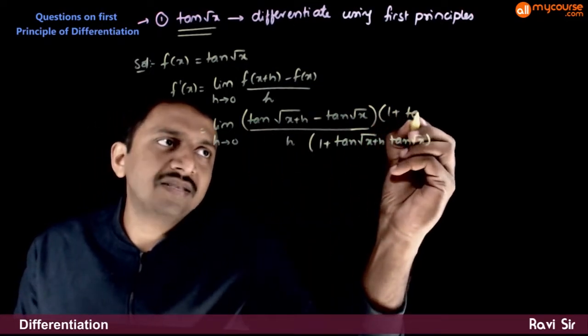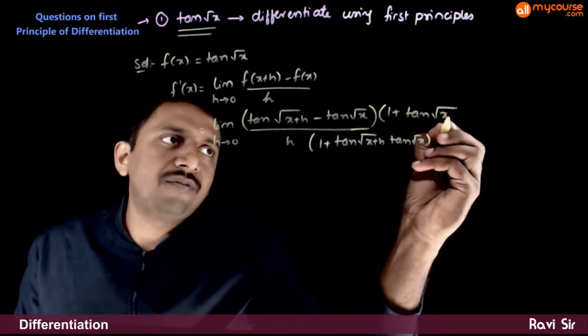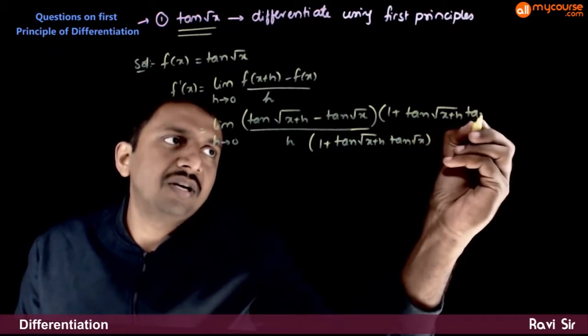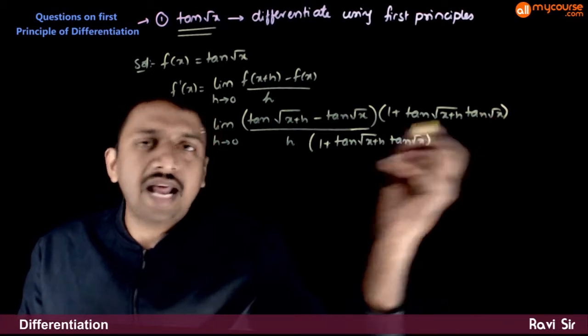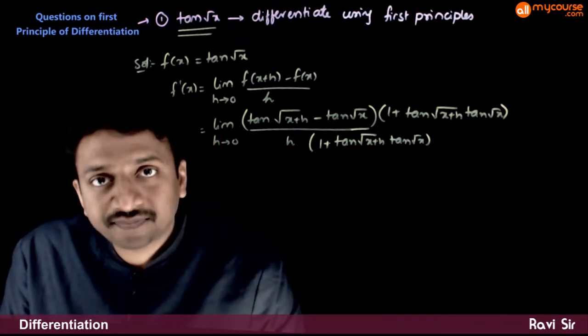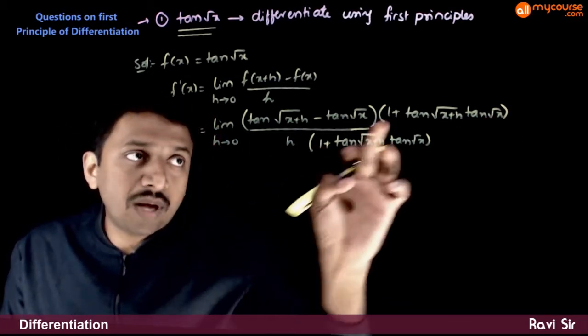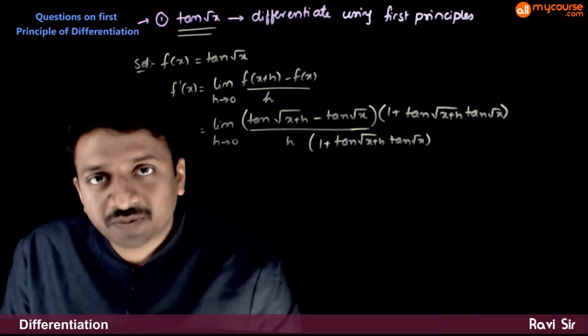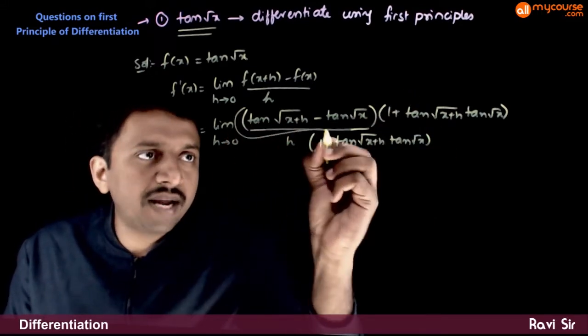So 1 plus tan of root of x plus h times tan of root x. So now once I multiply and divide with this expression,